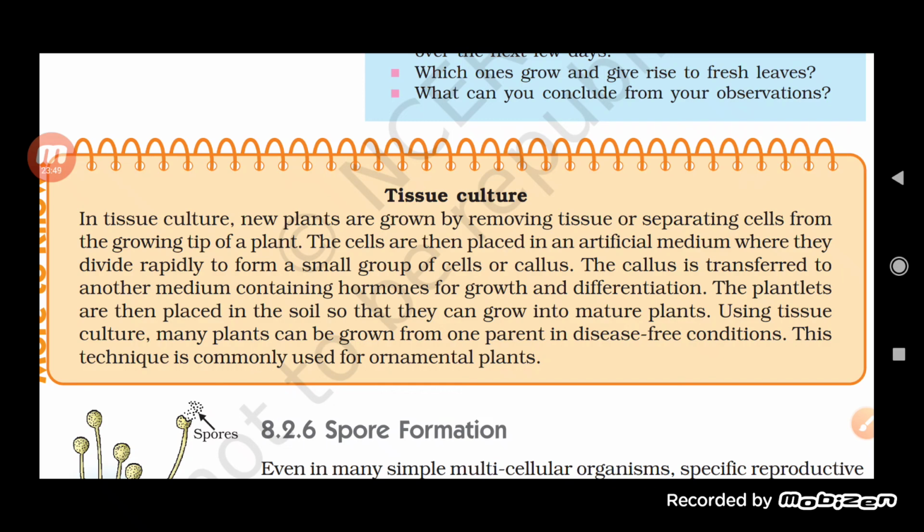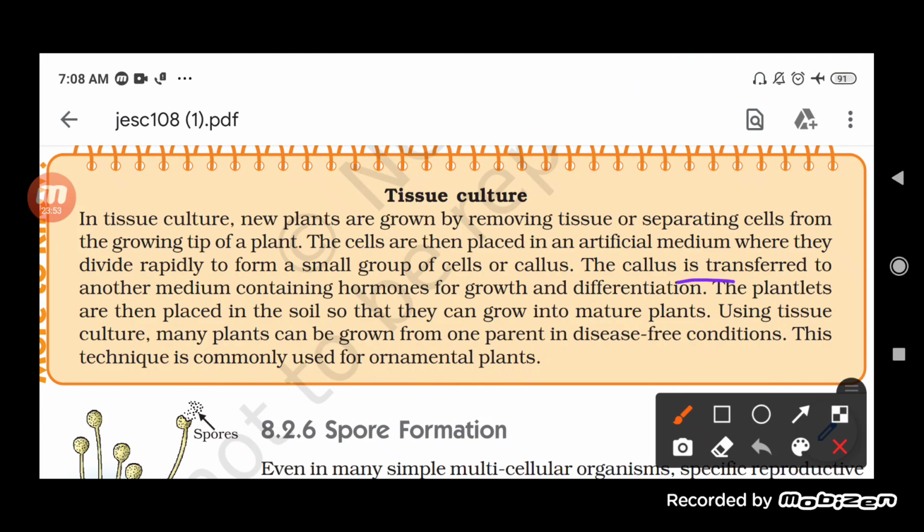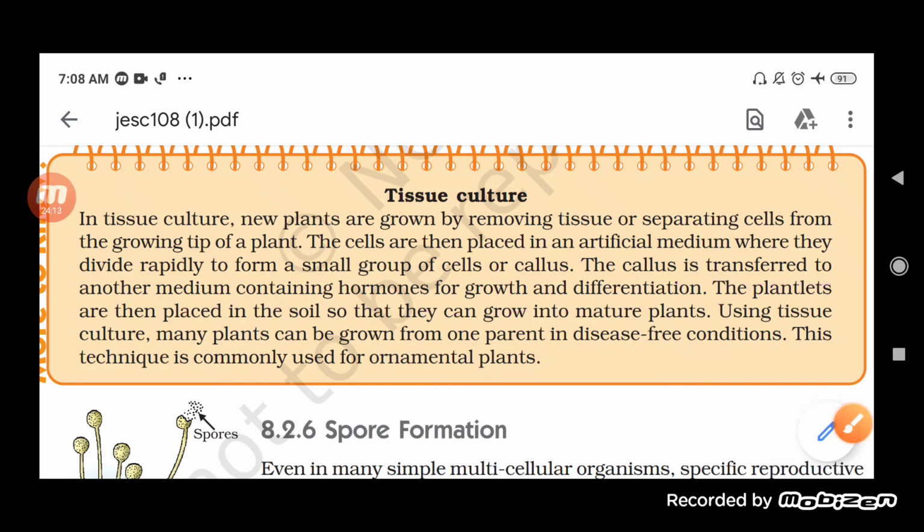That is why it is written here that the callus is transferred to another medium containing hormone for growth and differentiation. So we must keep the callus in a medium consisting of a hormone which helps in the growth as well as differentiation. Now the plantlets are then placed